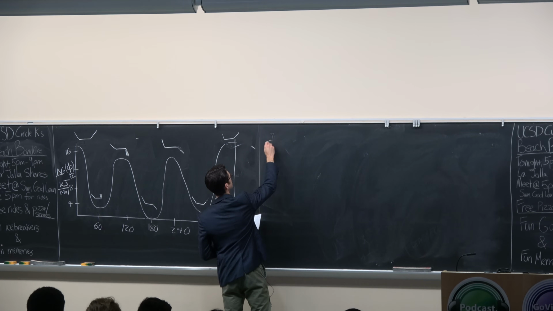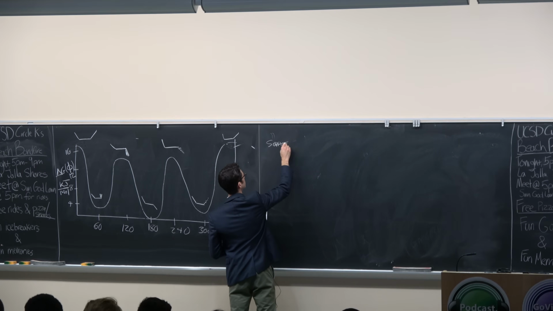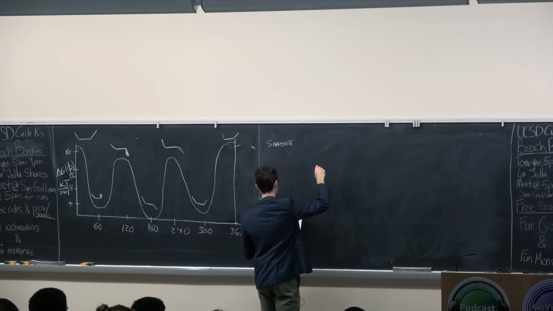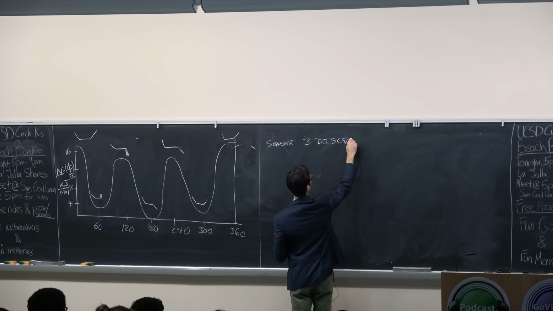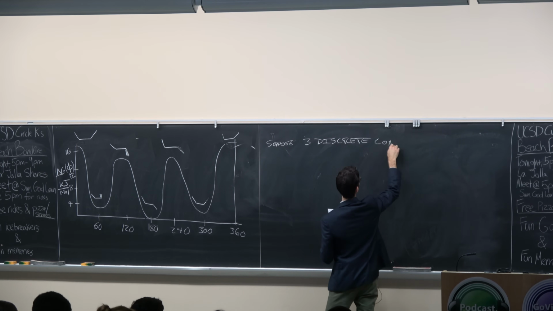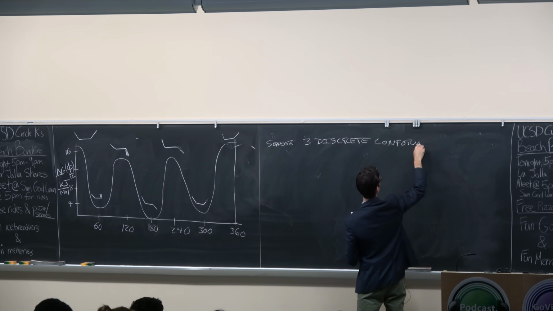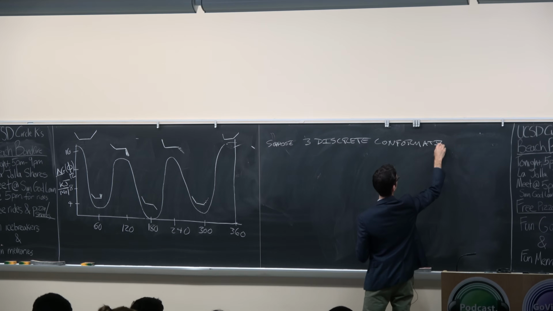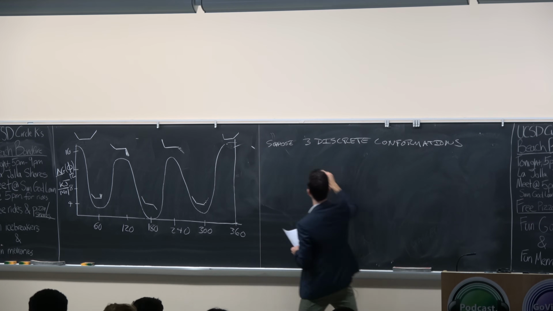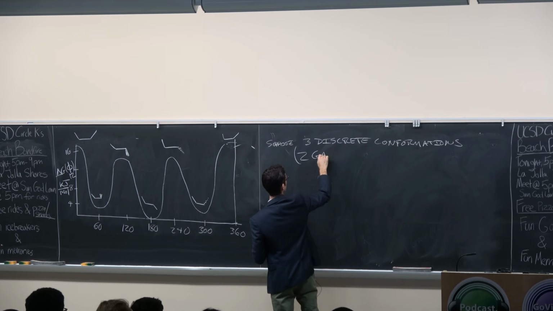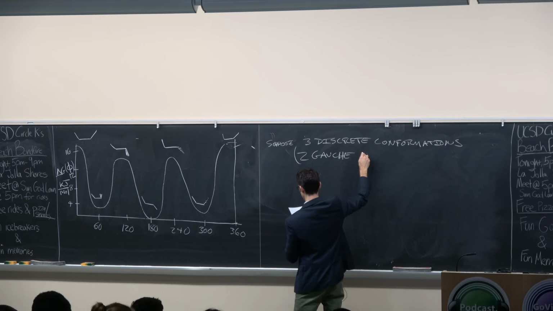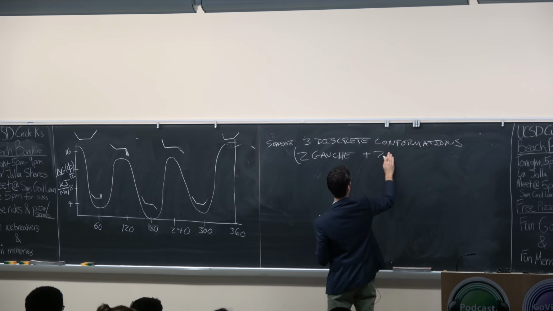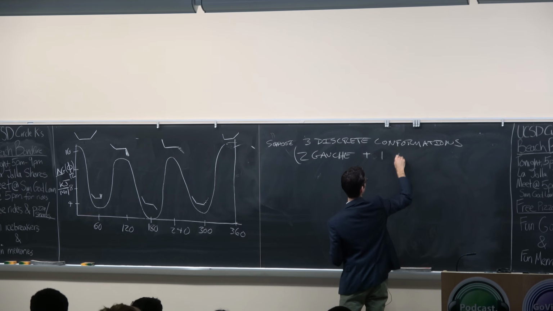So let's say, suppose you have 3 discrete conformations. So you have 2 gauche and 1 anti